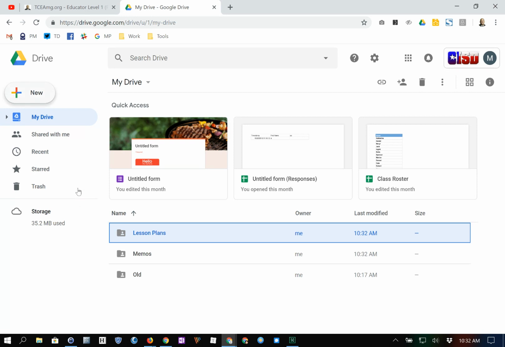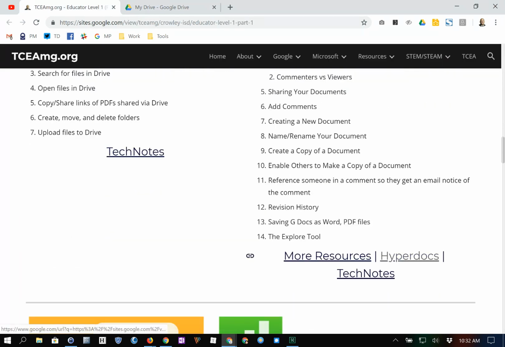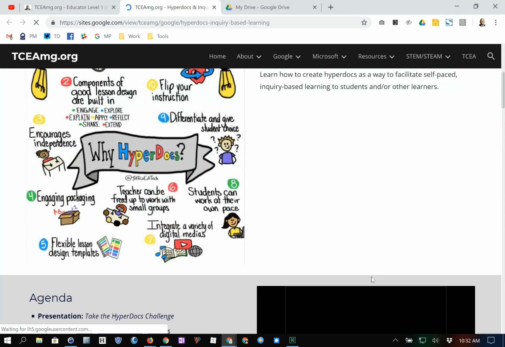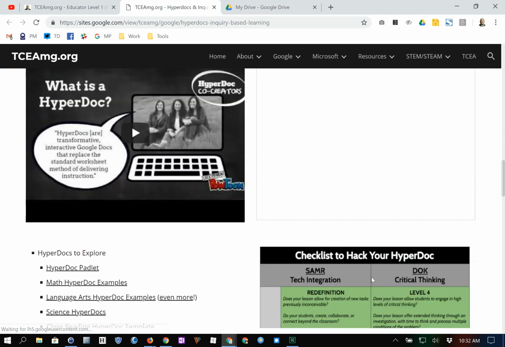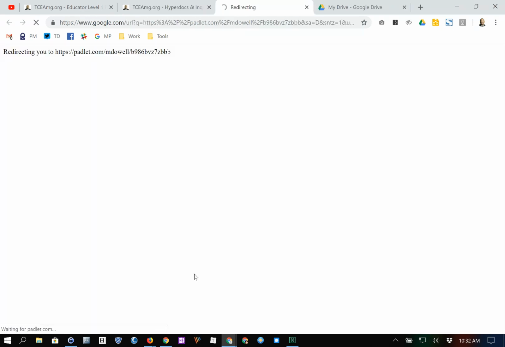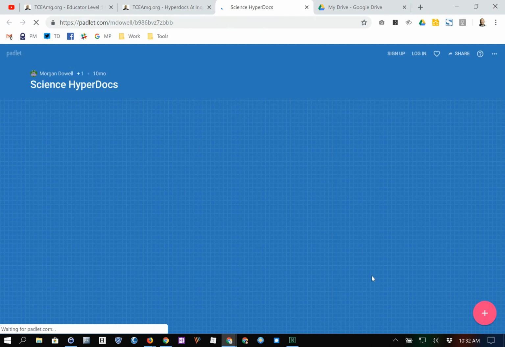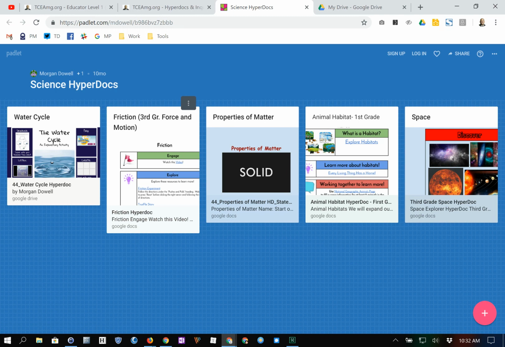Some people use it for what are called hyperdocs, and I've actually included a link down here to hyperdocs. And hyperdocs are sort of inquiry-based lessons that are entirely based in Google Docs. You can use Google Slides and things like that, but let me see if I can quickly pull up an example here for you. So here's a science hyperdocs. This is a Padlet that's going to give us access to a variety of hyperdocs. But I'm just going to come over here to Friction Hyperdoc,